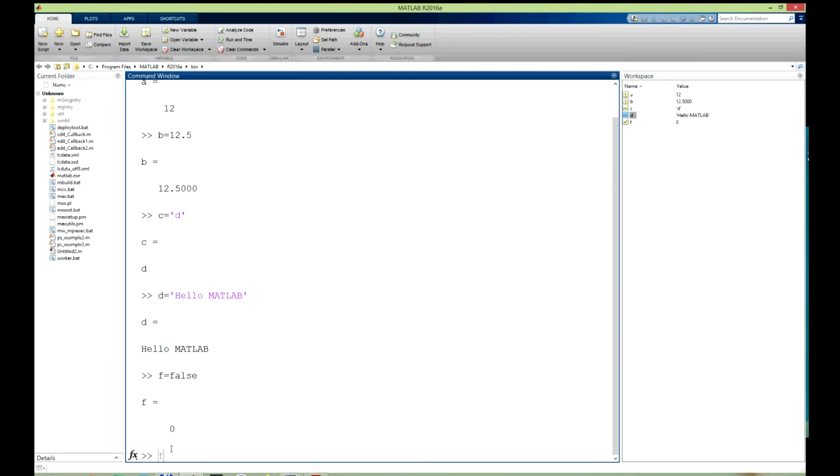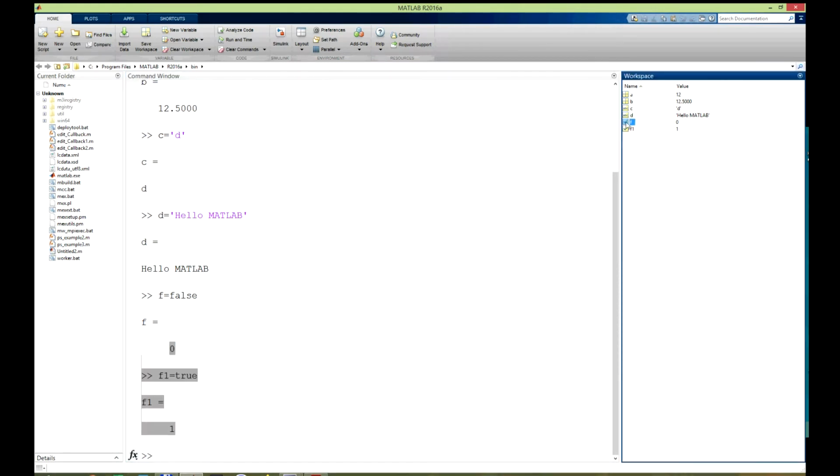And if we use f1 true, it means f1 is 1, because in logical operation true is 1. Also, if you check in our workspace, f is a logical variable equal to 0 or false, and f1 is a logical variable equal to 1,